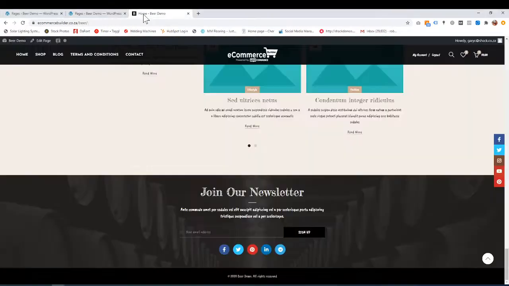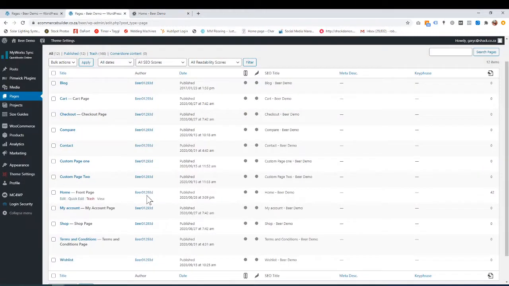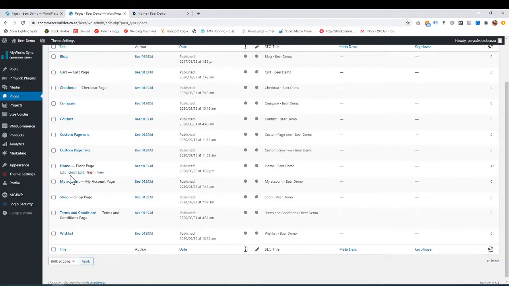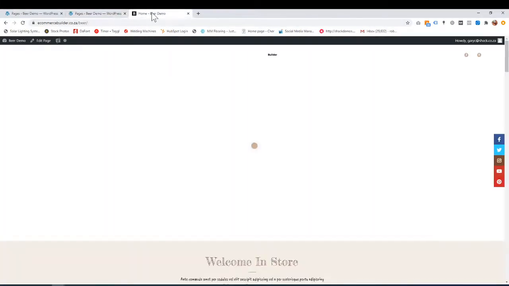Okay, so what I'm going to do is I'm just going to go to the home page quickly, and then I'm going to show you how to edit the home page. So there's two ways you can edit a page. Either you go edit here, or because I'm logged in, I can go back to the website,